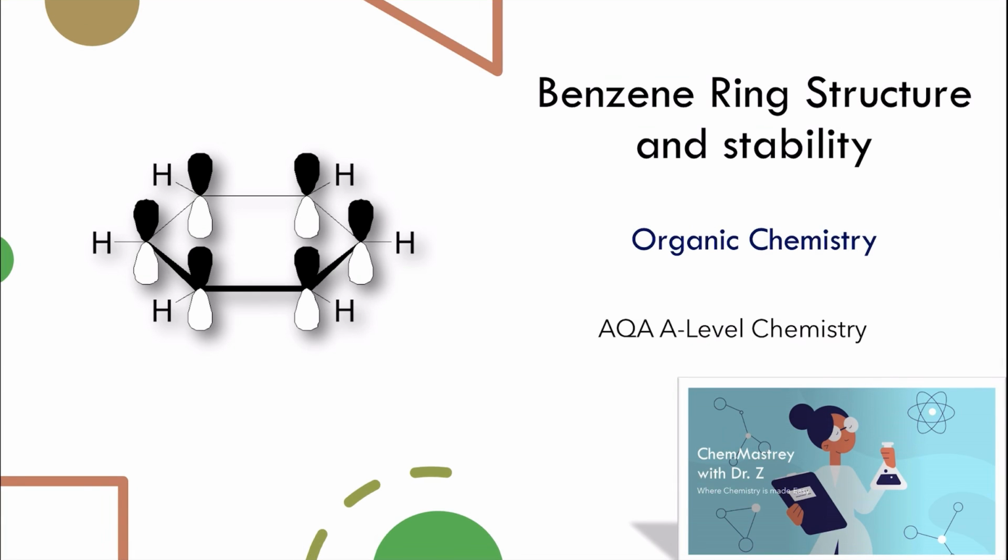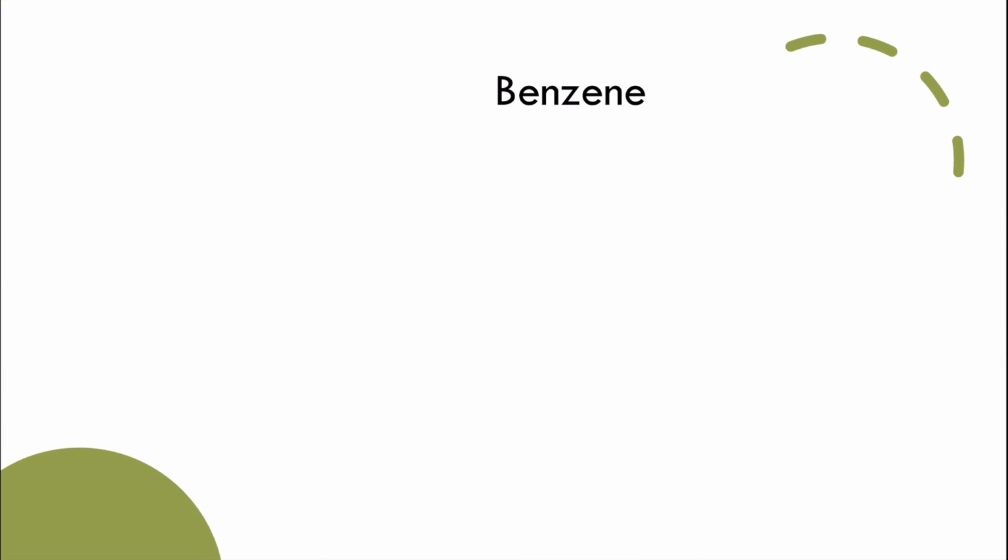Benzene ring structure and stability. Benzene is a ring of 6 carbon atoms, which has the molecular formula of C6H6, meaning it has 6 carbon